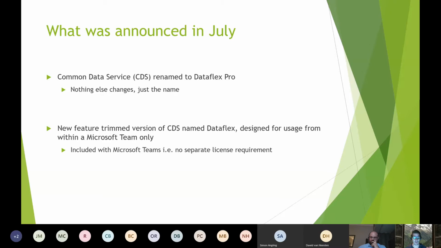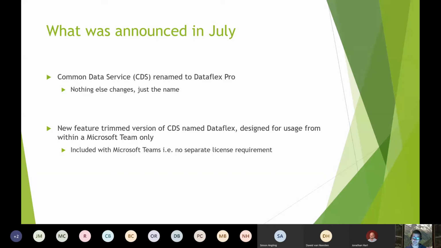It was literally an announcement of a rename. No features of the Common Data Service change, no licensing changes, literally just the name. So it goes from Common Data Service to DataFlex Pro. That was the first announcement. The second announcement was that Microsoft is introducing a trimmed down version of the Common Data Service, which was rebranded now to DataFlex Pro. In my brain, I think of this as CDS Lite. Not sure that's the right way to think of it, but it's CDS with fewer capabilities. And that was going to be called DataFlex.